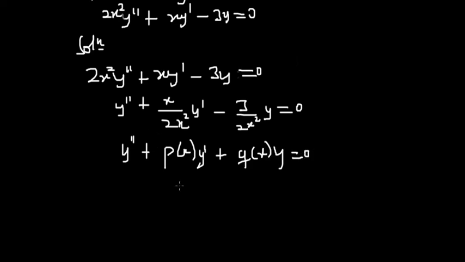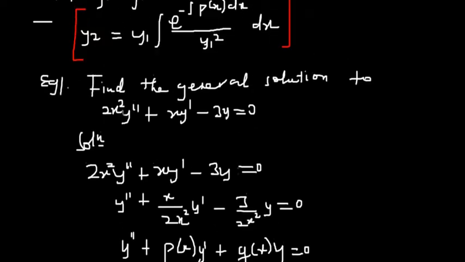So from here you can notice that p of x is x on 2x squared, and then q of x is 3 on 2x squared. So let's use the general formula. Okay, right, and then from the same question, we were given